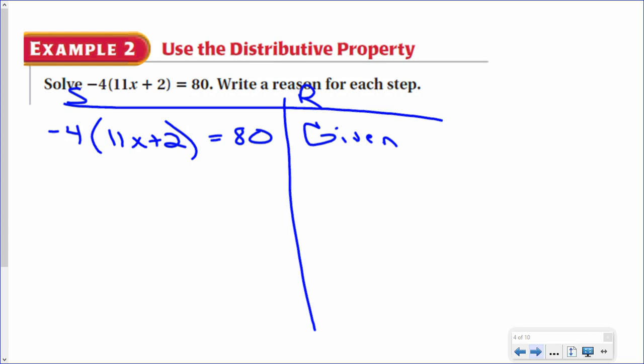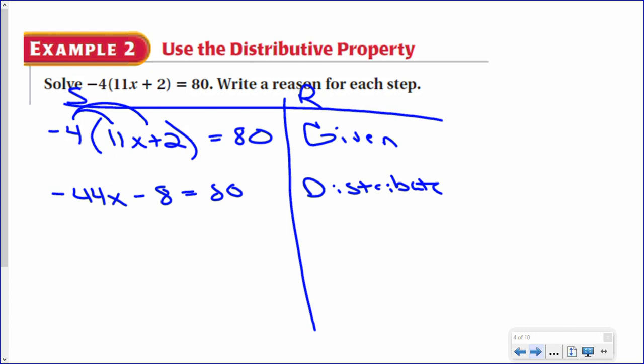Ready? Okay, so the first thing you'd have to do in this one would be distribute. So you'd go negative 44x. And you guys remember distribute is drawing the arrows, right? Minus 8 equals 80. We distribute. Next step, you'd add 8 to both sides. Okay, so I'm not going to show my work, but well, I can throw it out. That's not a big deal. Add 8